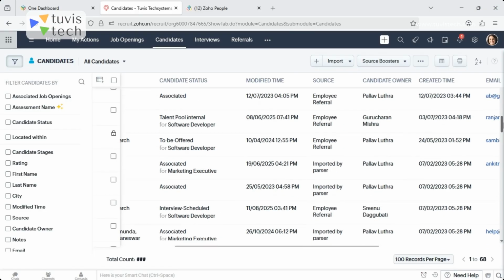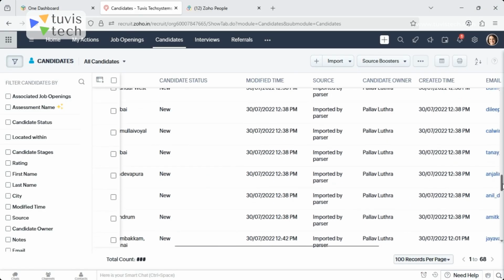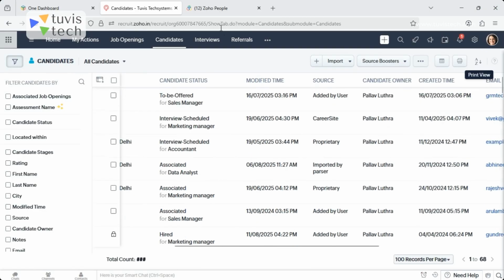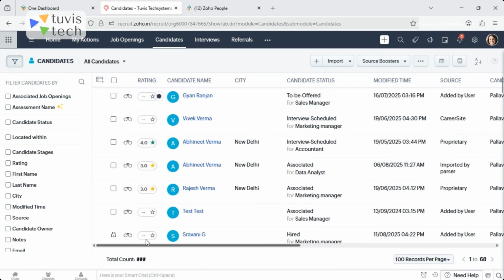The various sources from which they have been added are shown here in this particular section. So this is how the candidates can be shown here. In the candidate module, one thing which is there,